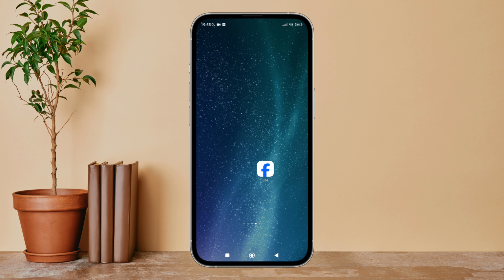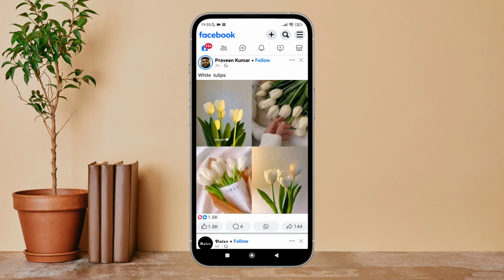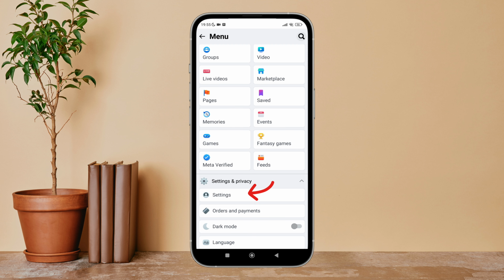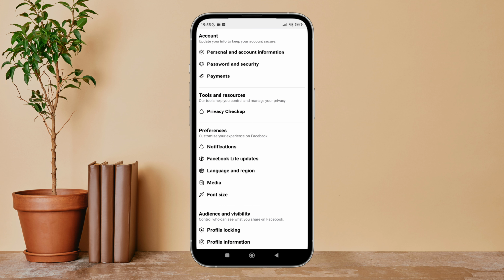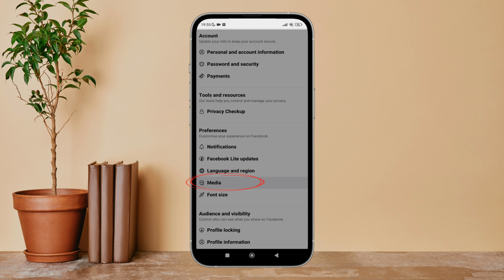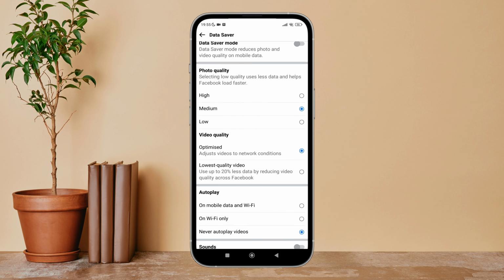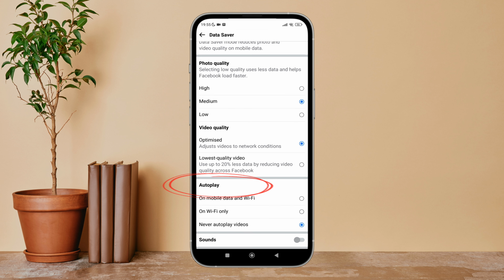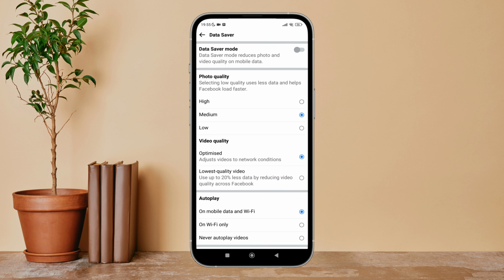Firstly, open the Facebook Lite app on your device. Then tap on the three lines icon. Next, tap on settings. After that, tap on media. Then you can see the option of autoplay. Below it, you can see the option of on mobile data and Wi-Fi. Tap on it. So this is how you can change autoplay videos to on mobile data and Wi-Fi only on